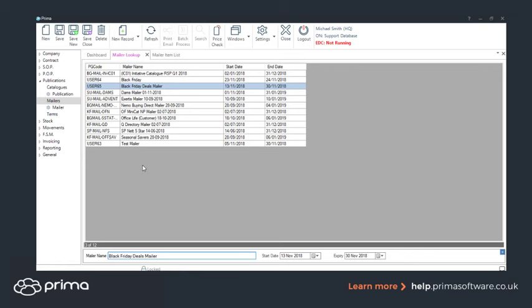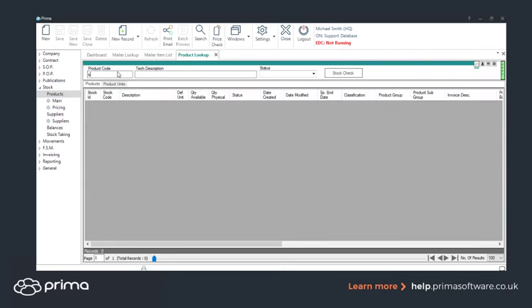What we'll move on to next is how you can advertise your specific products as featured products on your web store and ensuring that the prices are pulling through. Within Prima we can set up something called featured products, which is a special offer price for a specific time frame. So if I go into stock and products